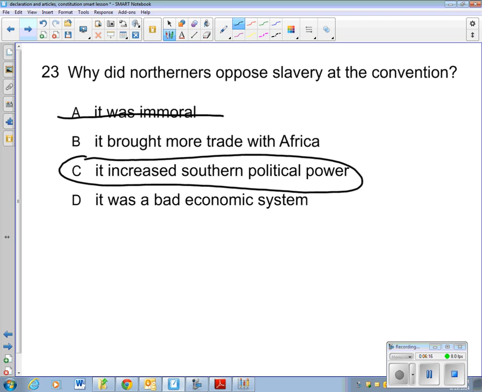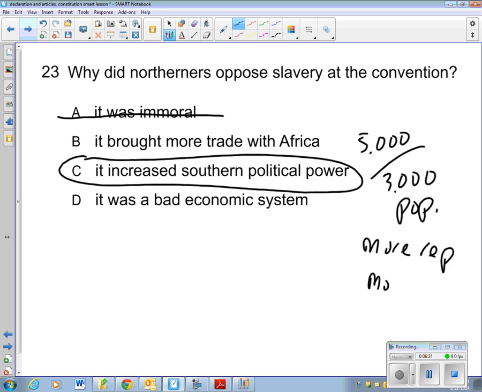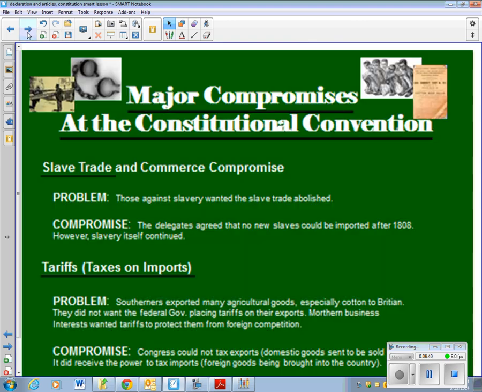It was commonly accepted, but most of your Northerners that were opposed to it knew that for every 5,000 new slaves, that was 3,000 people that was going to count in the population, which is going to make the South have more representatives, which then equals more power. All right, so they felt if we could limit slavery and the counting of the slaves, that would also limit Southern political power, because they were divided on a lot of things, not just the counting of them.